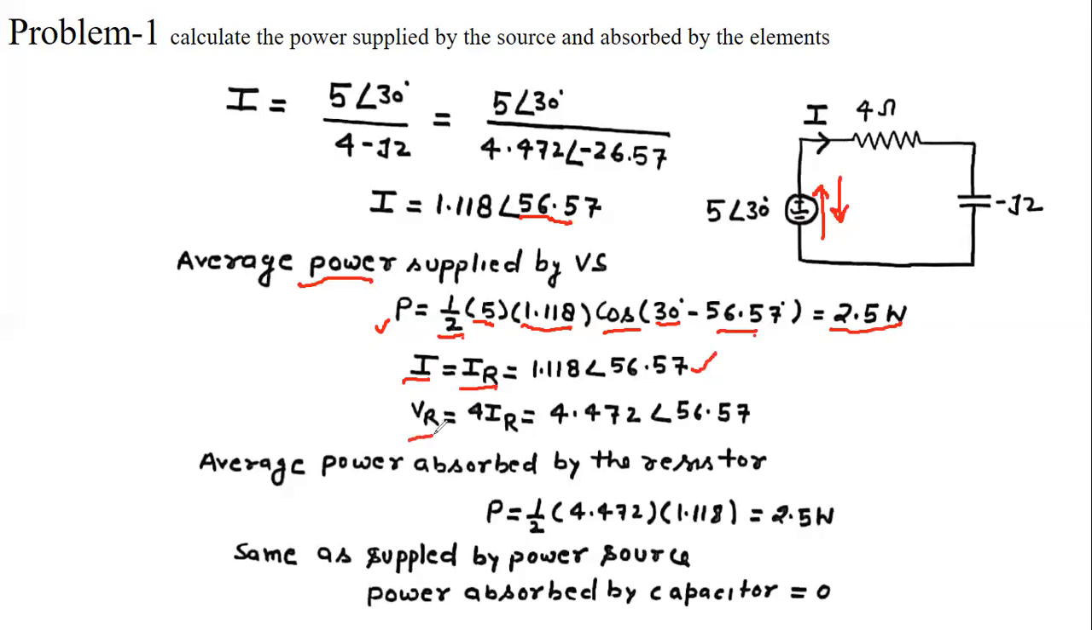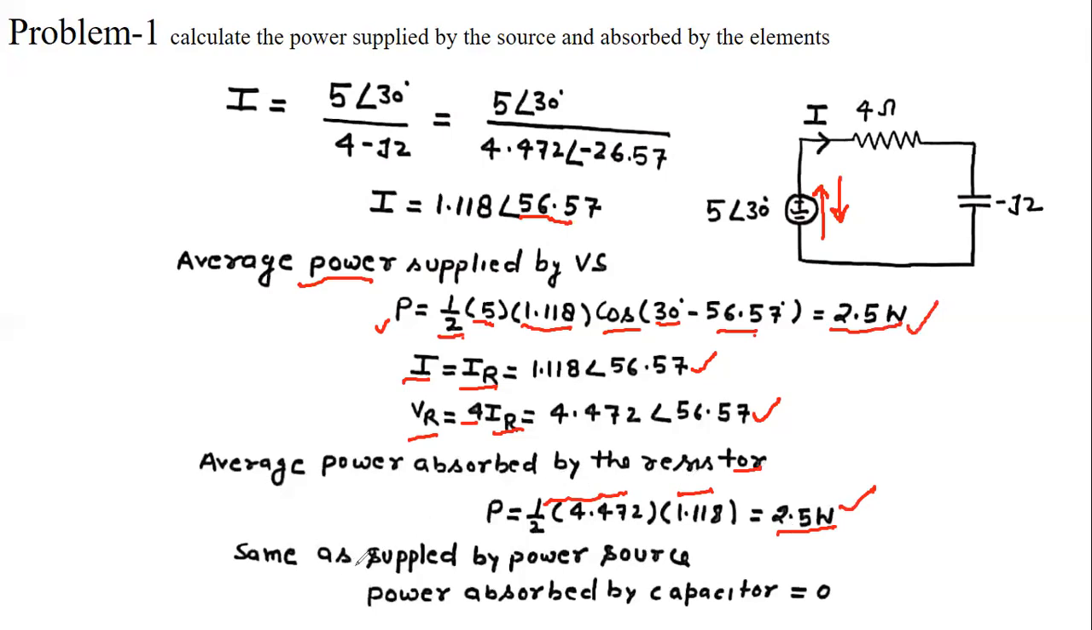The voltage across the resistance is the resistance 4 multiplied with the current. So this is my voltage across the resistance. So average power across the resistance, because voltage and current are in the same phase, is half Vm into Im. So half, this is the voltage of VR and this is the value of current IR. So this is 2.54. Okay, so the same power is absorbed by the source as supplied by the